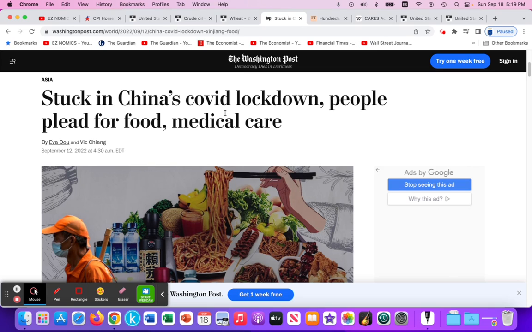due to its zero COVID policy. And if people are locked down in these particular cities, that leads to workers in China not being able to produce, manufacture, and EU, US firms that depend on inputs manufactured in China are not able to get those inputs, and that leads to supply shocks and cost push inflation.